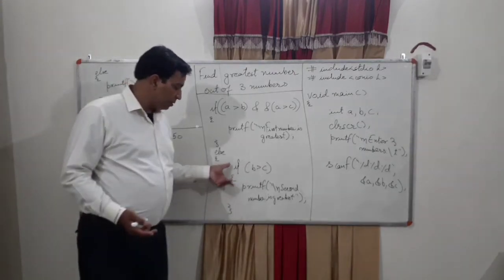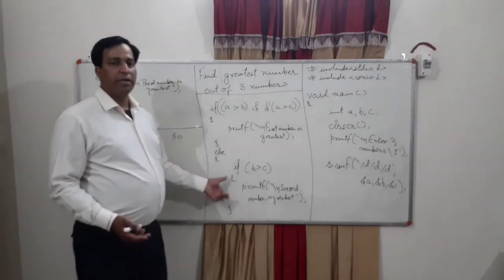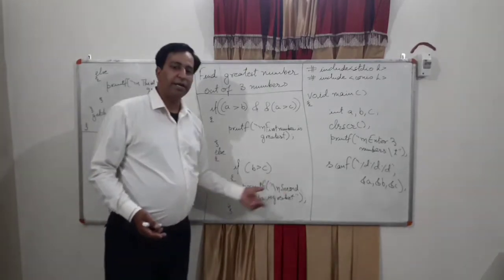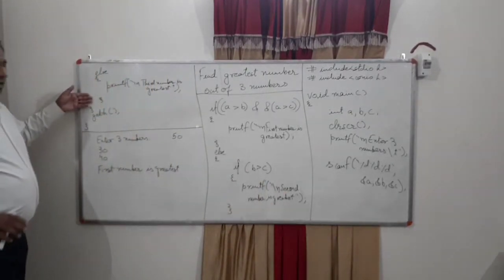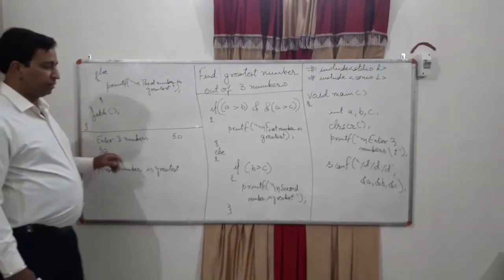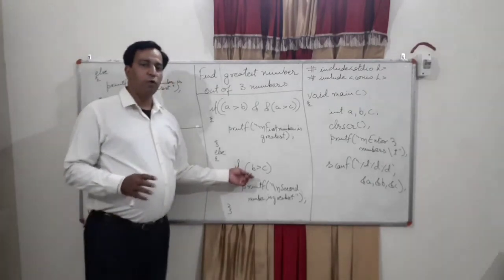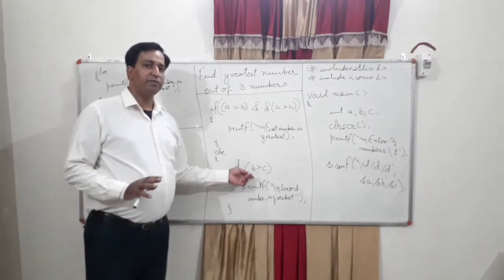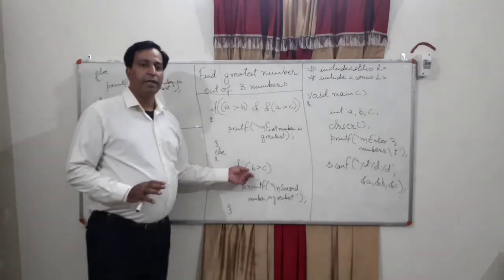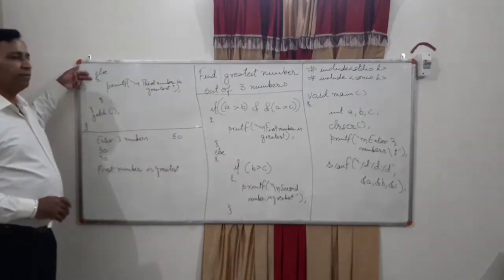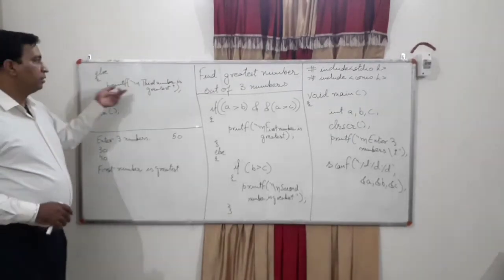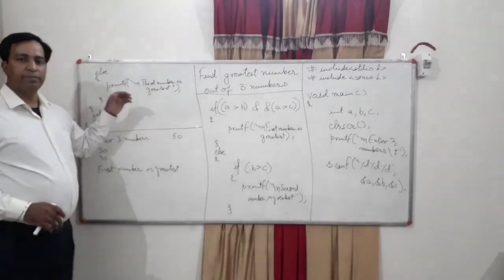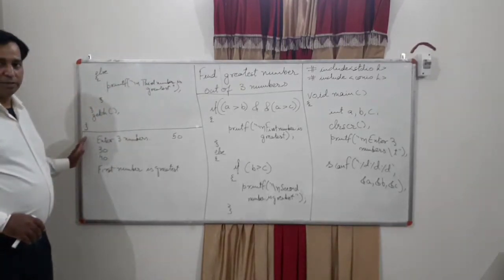In this if else statement, if segment will be executed, second number is greatest and else part will be discarded, program exits here. If this statement is also false, right, if this statement is also false, in that case control will be given to else, right? And in else we have written third number is greatest and program exits there.